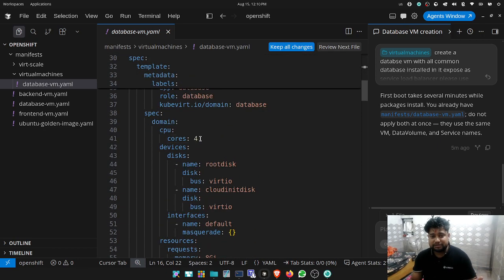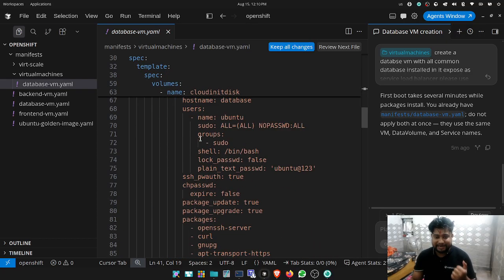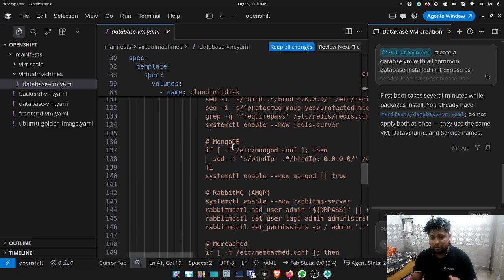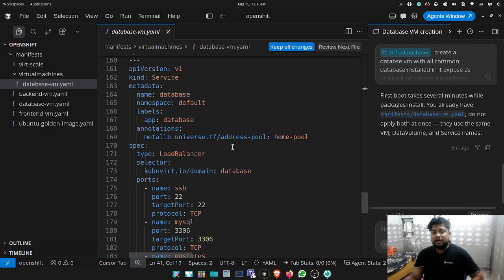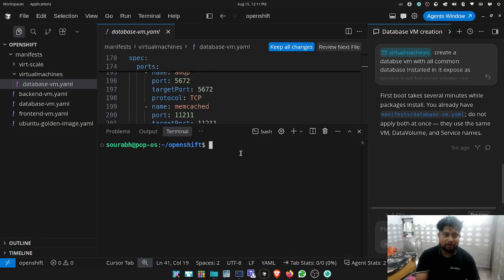It will create a CPU, whatever configuration is decided, and install all the common packages and common dependencies, and then it will expose all the common ports wherever you have installed the application. Okay, so let me just apply this configuration. kubectl apply -f followed by the manifest virtual machines